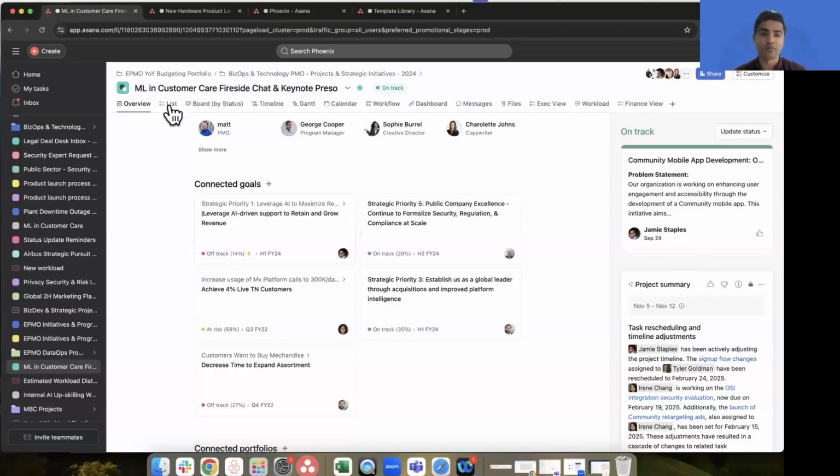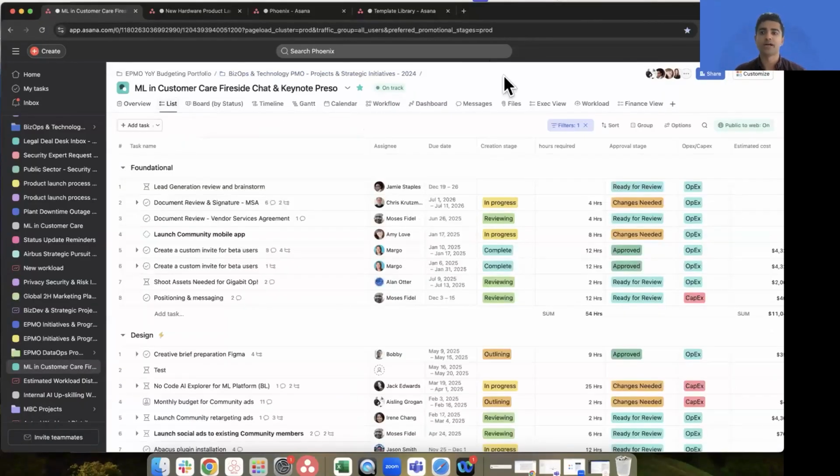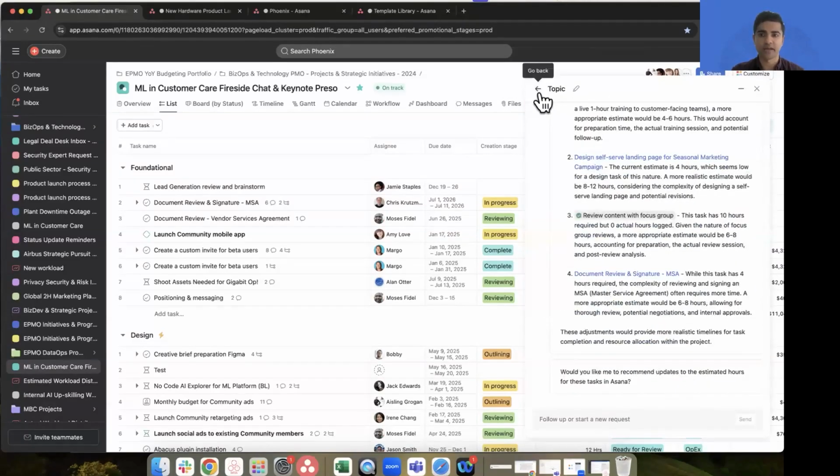And what if we want to go deeper? What if we want someone we can ask questions to who has a lot of knowledge about this particular project? Let's imagine the case where you're working with someone who's managing a project, you're only loosely involved with it, and that other person is the one who's really running the project and knows the nitty-gritty. Let's say, for example, they are unavailable and they're on vacation for a couple of weeks. You didn't know about it, and now you're stuck not getting answers for your particular project. That's where Asana's Smart Chat comes into play.